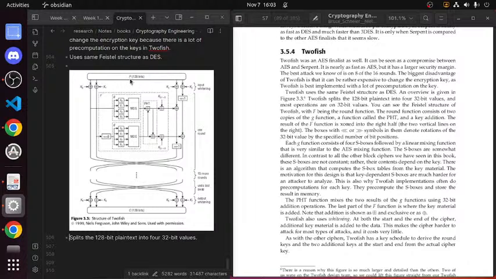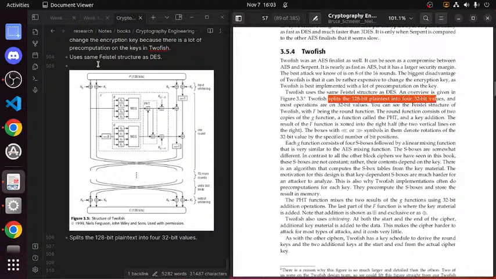So you have P, which is the plaintext, the message. You're going to split the 128-bit plaintext into four 32-bit values. So you have K1, K2, K3, K4.